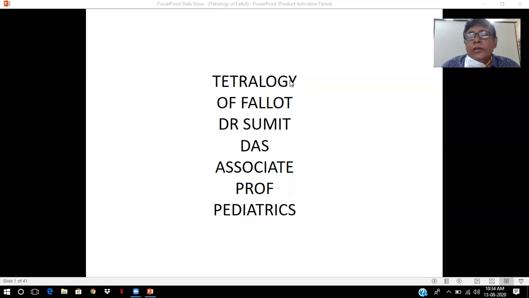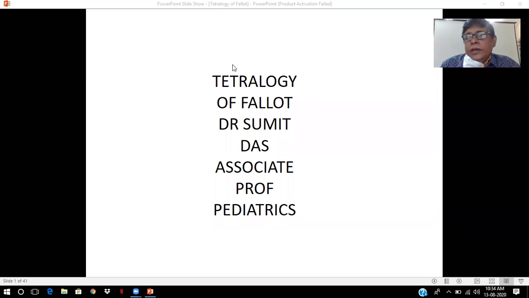Supposing we narrow down to congenital heart disease, there are the Nadas criteria by which we can find out. I'm not going into details. There are major and minor criteria of Nadas to diagnose congenital heart disease. We have to find out whether it is cyanotic or acyanotic. If it is cyanotic heart disease, we have to again differentiate into increased pulmonary blood flow or decreased pulmonary blood flow.